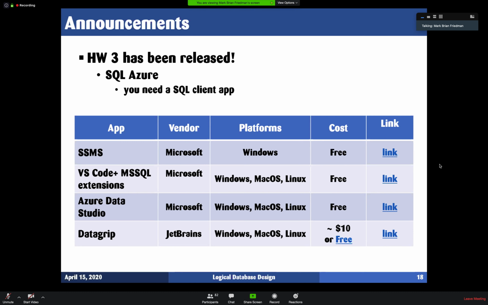I can't do that. Anyway, DataGrip is a good option out there. Has lots and lots of capabilities. People really like it. JetBrains in general makes some nice tools. Alternatives in the Microsoft arena